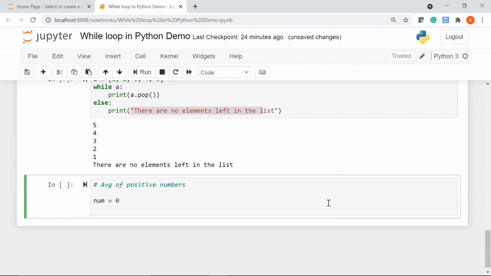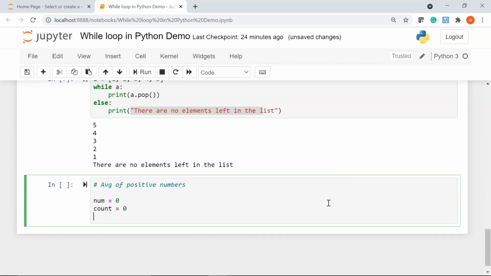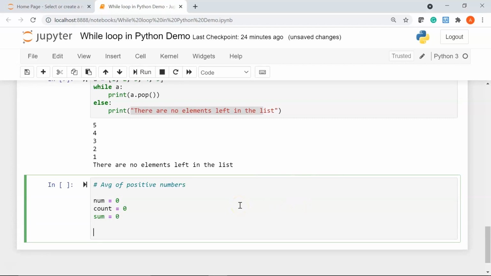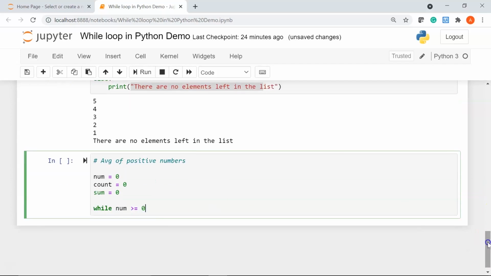I'll declare a variable called num which has a value 0. I'll declare a variable called count which also has a value 0. Then I have sum which has a value of 0. I'll write while my number is greater than equal to 0. So this condition is for accepting only positive numbers.